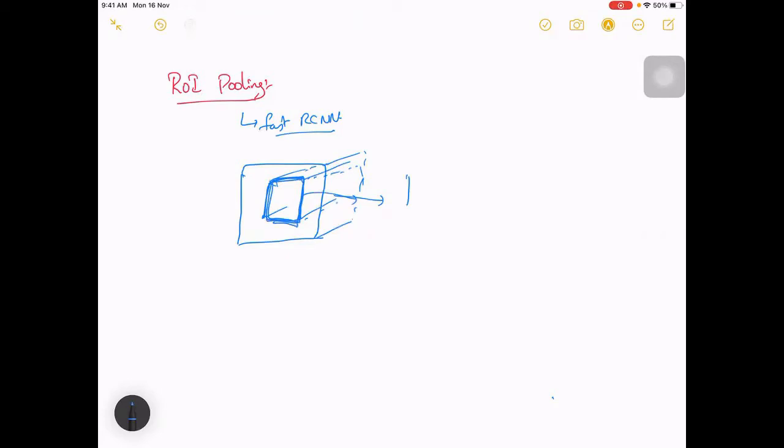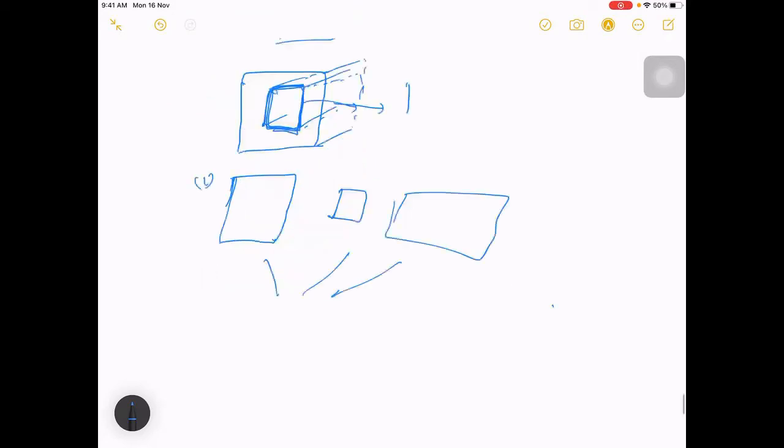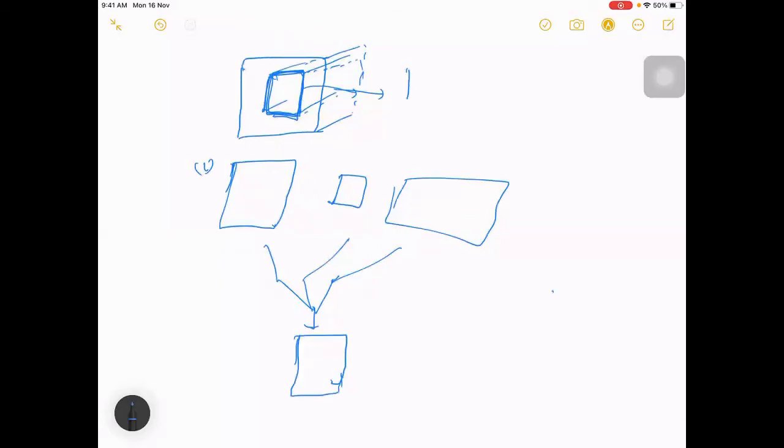This is needed because your selective search will propose, or maybe an RPN layer which you will be using in Faster R-CNN. The proposal sizes will be of different shapes, maybe something like this, and one maybe like this. These kinds of shapes may come up. But finally all of them should be of the same size, which is accepted by the next layers, right? So we need to do some kind of reshaping.